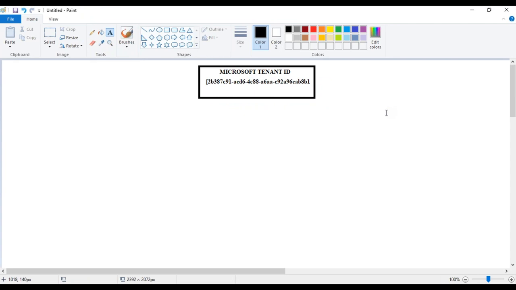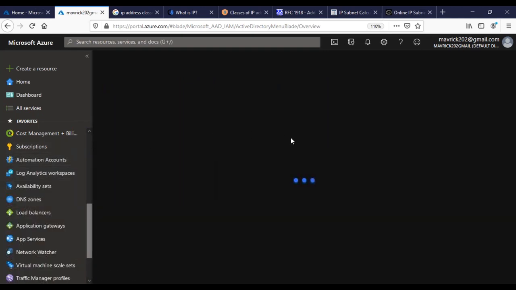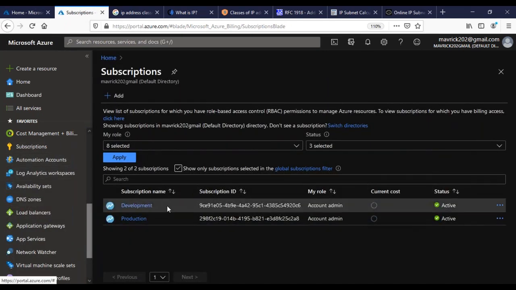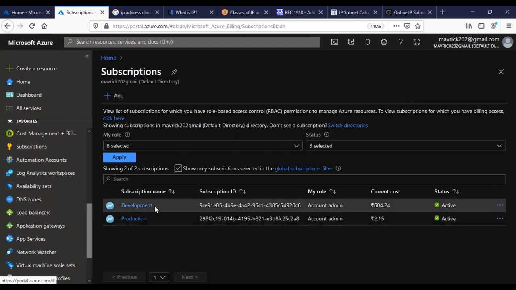So under the tenant ID, you can use Office 365 and all these things, but I'm not going to touch Office 365, by the way. What you can do is have different subscriptions, guys. Under the Microsoft tenant ID, if you go to my subscriptions, you can basically put multiple subscriptions under the tenant ID. As you see, these are my subscriptions, production and development. The reason I'm using two subscriptions is that I want to give you a real-time view of how exactly things work.